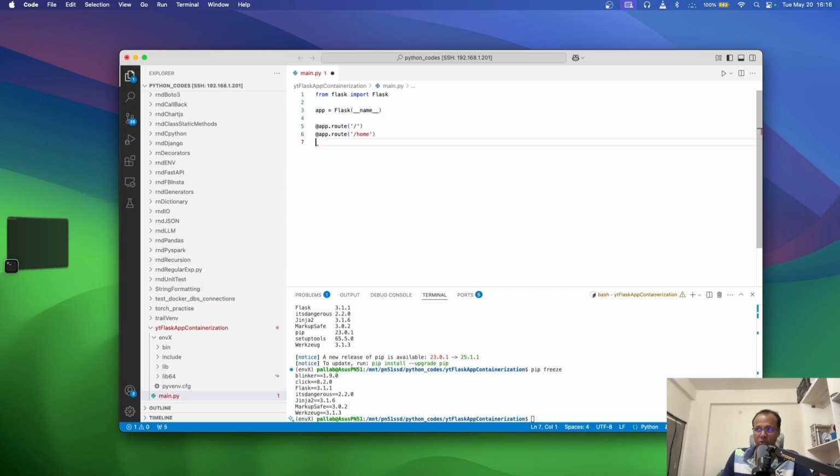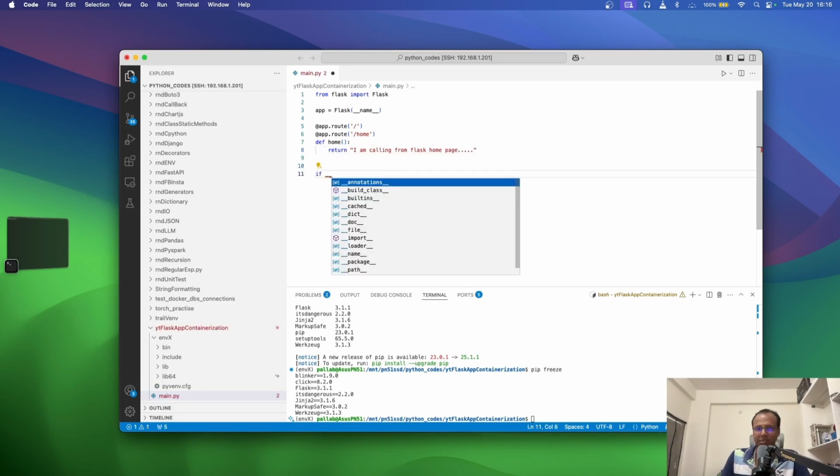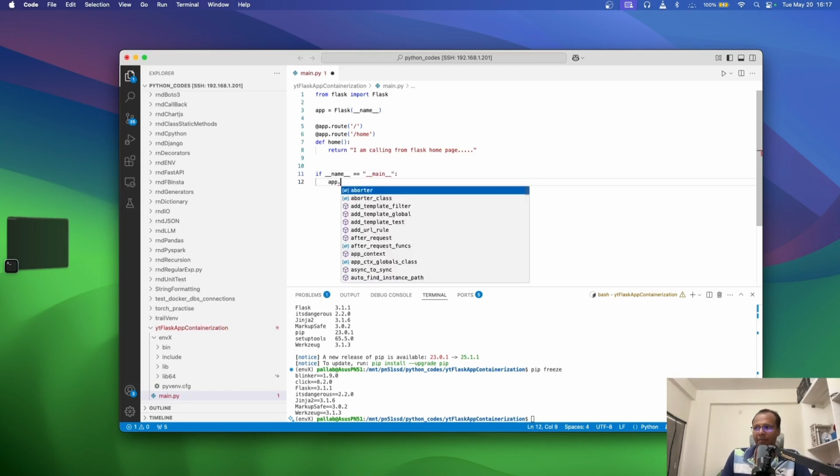So once the two routes have been defined, we shall define the function. It will be def home, and inside it will have a basic function, that is, I am calling from Flask home page. Okay. So once this is ready, then we will write that boilerplate. That goes something like this: name equal to main. Then we'll write app.run